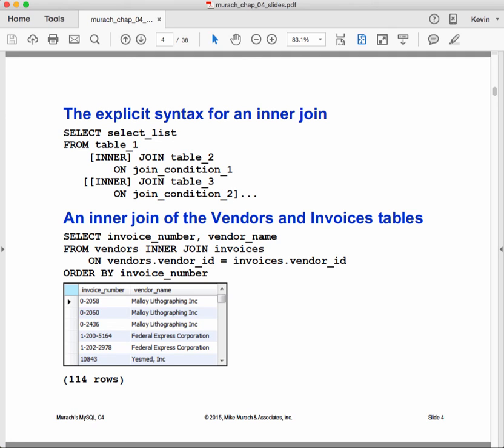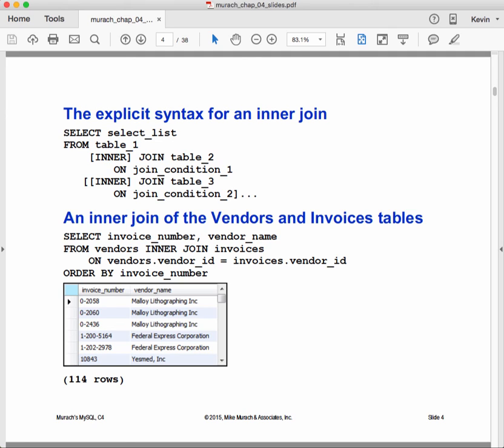So if we wanted a report like we see here on slide 4 that included invoice number and vendor name, we would need to include the invoice number from the invoices table and the vendor name from the vendors table, which means we need two tables. There's an occasional time that we want an answer that can be had from a single table, but it's not common. So this skill that we're learning in the chapter is pretty basic to our success. And we're using a technique that we call join. So we are joining two tables, and if you look at the top of the slide here, you can see that